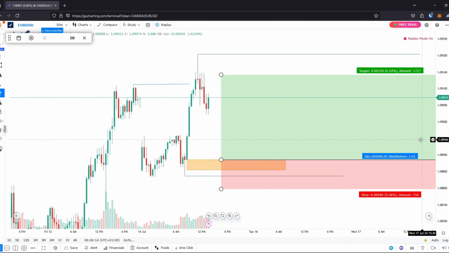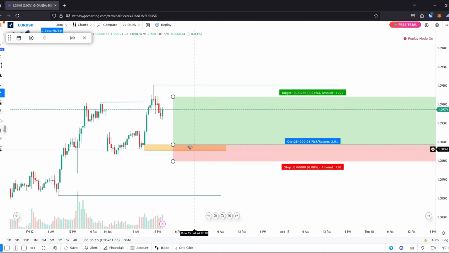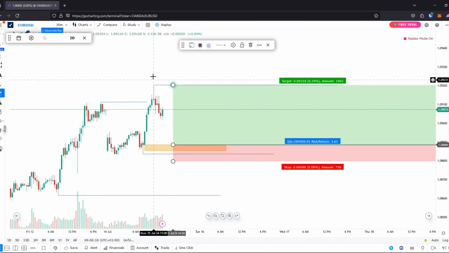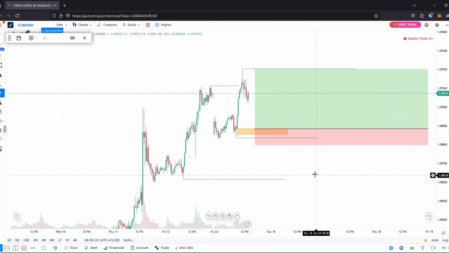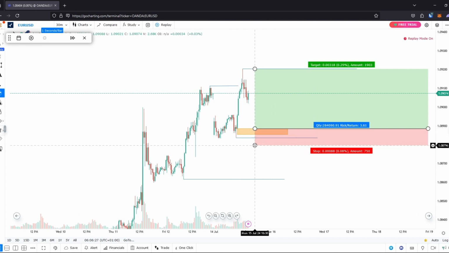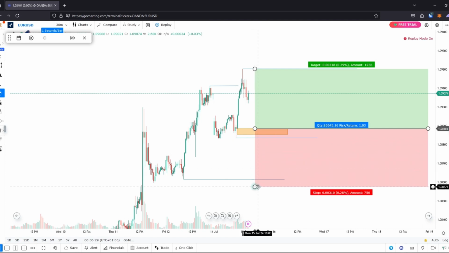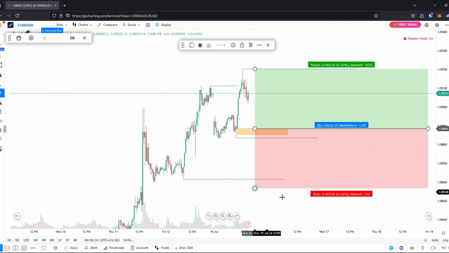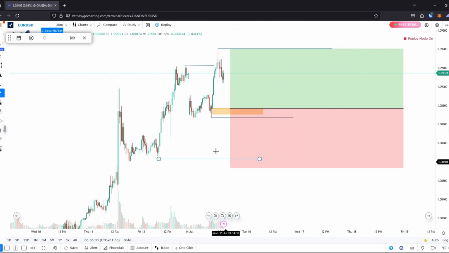And now we always target the range high on an uptrend. So the take profit will go all the way up to the range high. And then a minimum of 1-to-1, and it must be below the range low. So it has to be below this low here. And the biggest stop loss we could have would be a 1-to-1. So right about here. For this trade, I actually put my stop loss